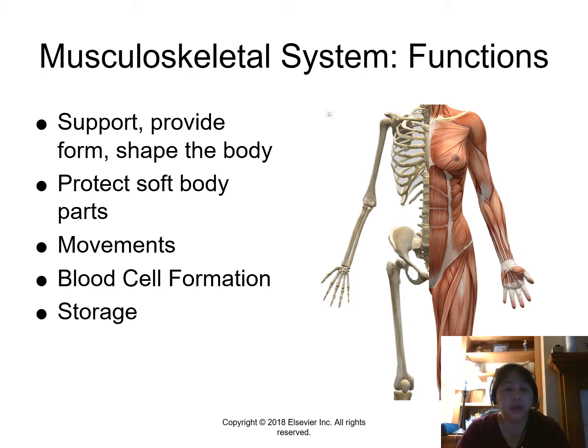The other thing is that the musculoskeletal system protects soft body parts. So we have skeletal structures such as our ribs that protect our lungs, and our pelvis protects our genital organs as well. It allows us to move: our skeletal muscles move, and our muscles are part of that movement as well. Our bones form